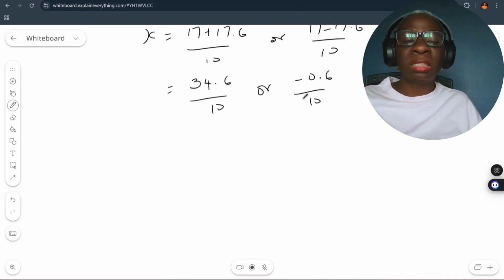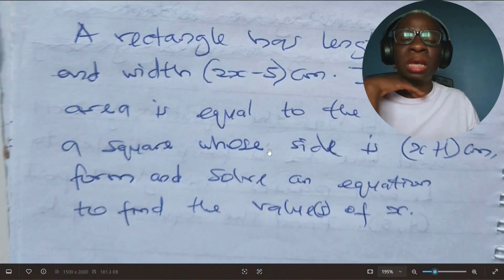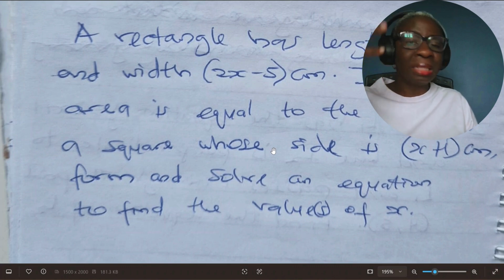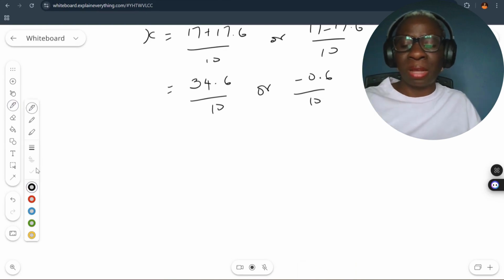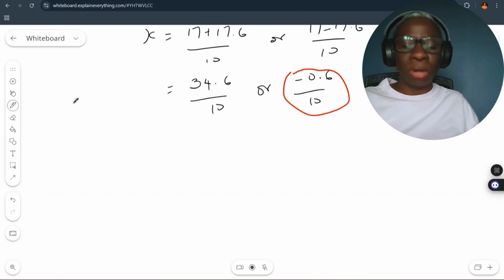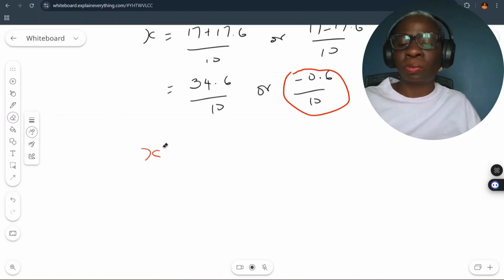0.6 over 10. So since this is negative, this cannot be the answer because we are talking about the length of the rectangle and square here, and the length can never be negative. So that means this negative answer is out. This cannot be the answer. We cannot get a negative for length. So this is what we have to deal with now. So that means x will be equal to